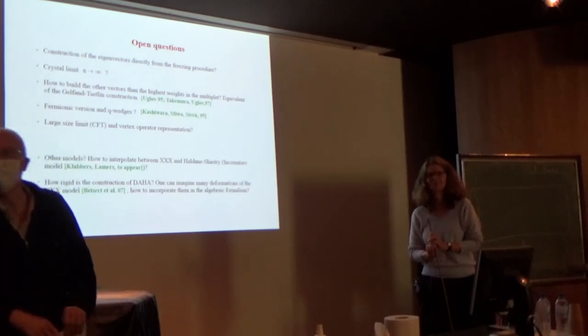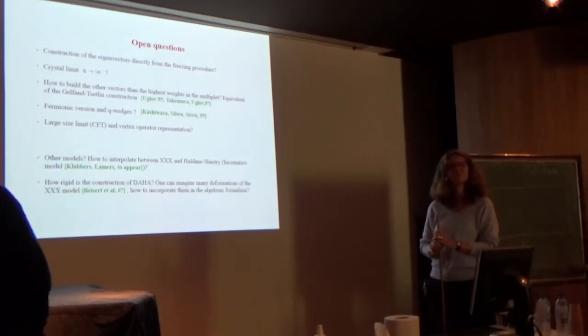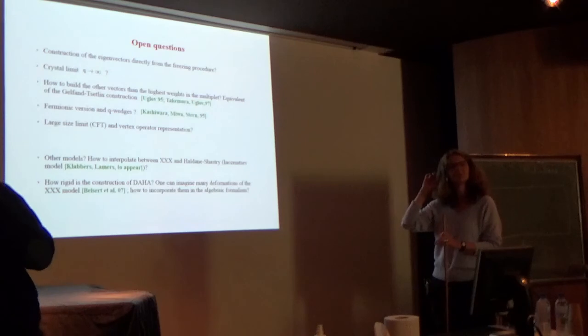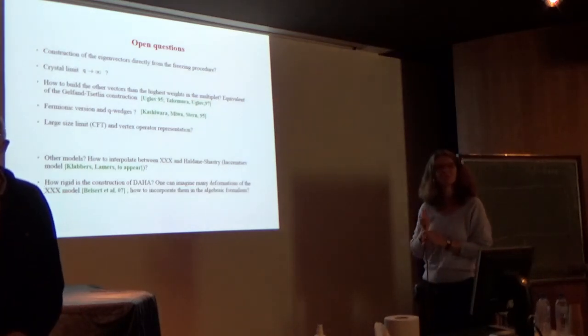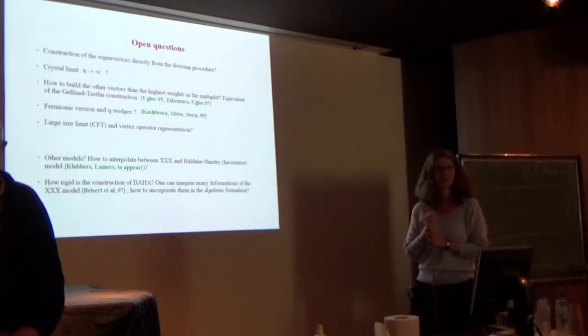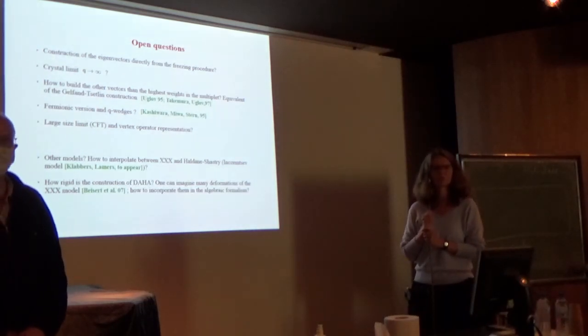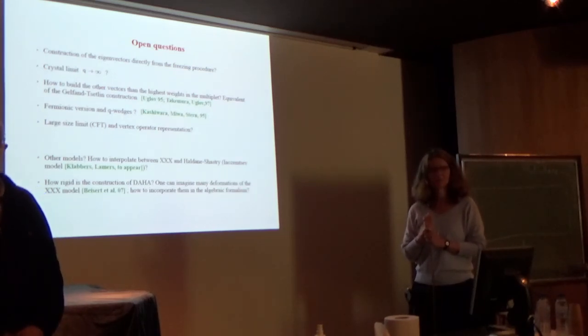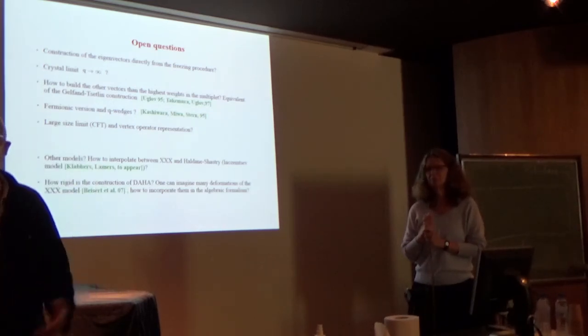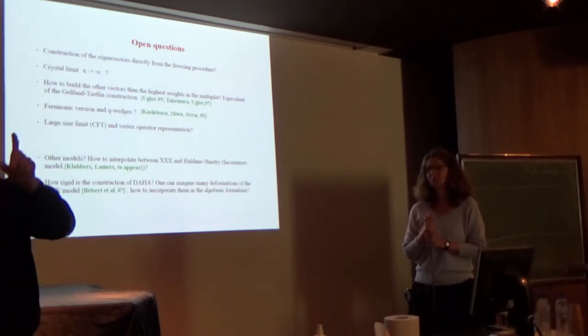Can you be a bit more precise when you say that there's Yangian symmetry? What do you mean exactly by Yangian symmetry? It's the Yangian of SL2? Yeah, SL2. In fact, the model can also be defined for SLN, and then it's the Yangian of SLN. But there is a very specific representation, of course. They can be explicitly written, and for the two case, it's a rather simple thing.